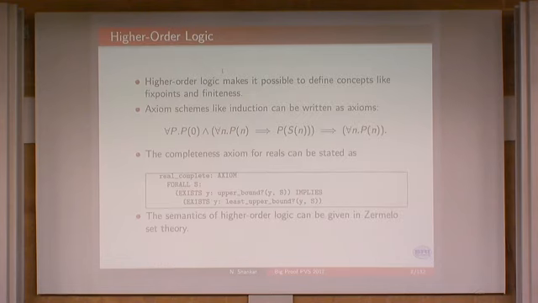Okay, so the advantage of using higher order logic, just with the simple types, is that things like induction can be written, and fixed points can be defined. You can say that for the reals, the completeness axiom holds. That's if a set has an upper bound, it has a least upper bound in the reals. So things like that become a lot easier in higher order logic, and you can give the semantics both of higher order logic and of PVS in Zermelo set theory. So it's really in a very vanilla part of